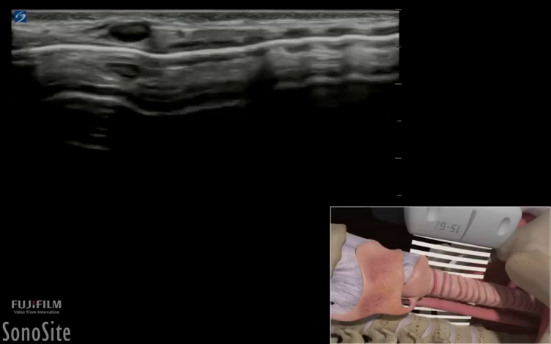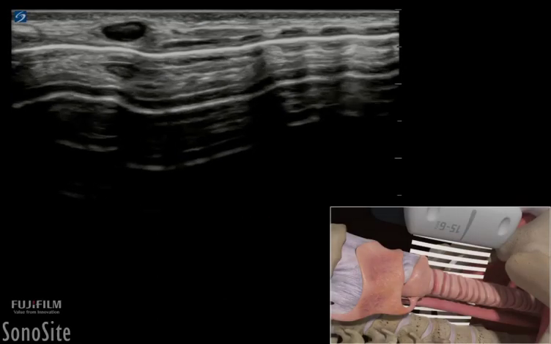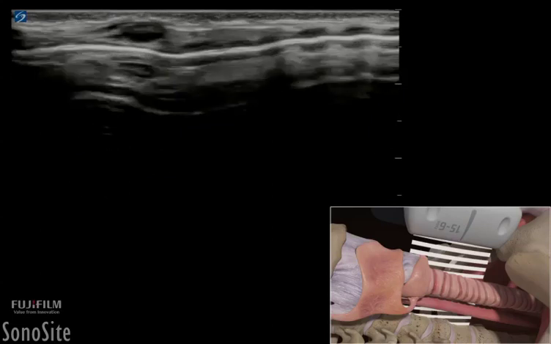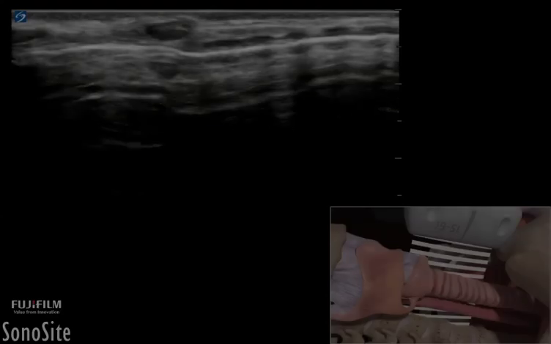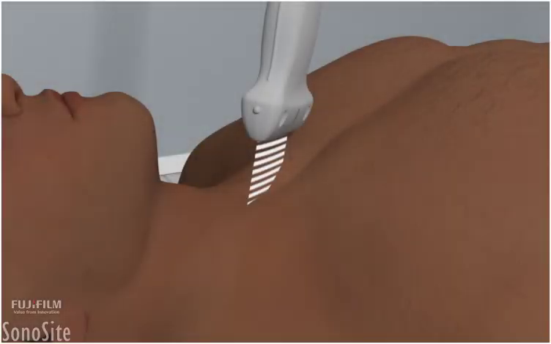A high-frequency linear transducer with a musculoskeletal or superficial exam type is used for the ultrasound examination. This exam may be optimized by having the patient's head midline in neutral position with the spine. Examination of the airway for endotracheal tube cuff location can occur during placement or after the endotracheal tube has been